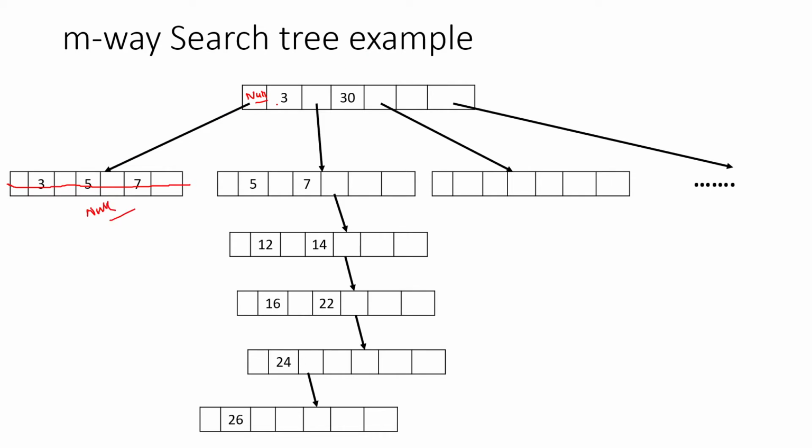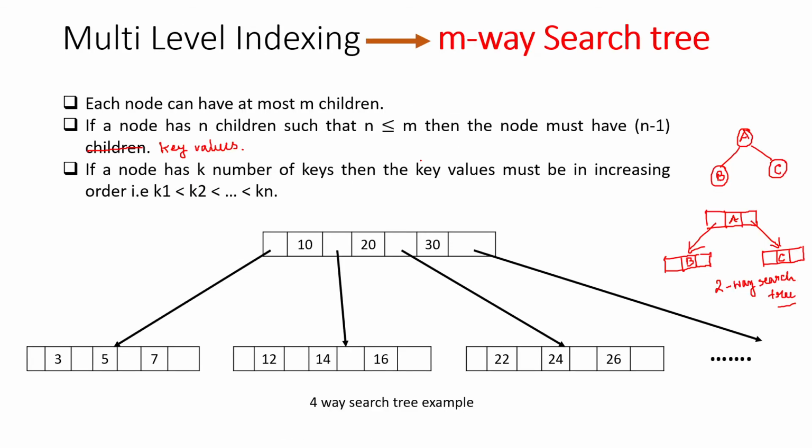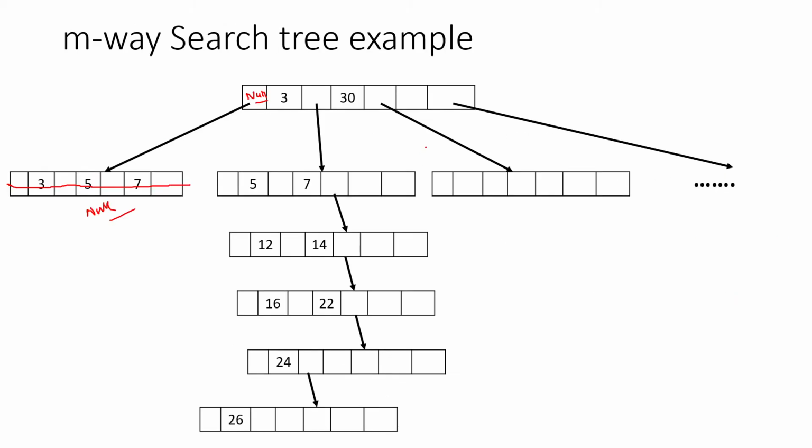So 3, then 5, 7, now something on the right side, 12, right, so 7, then 12, 14, 16, 22, 24, 26, then 30. You see, the same number of data is there. Now since there is no guideline about the minimum number of key values in this tree, this particular strategy is also correct. You cannot deny that this is a MOS search tree. It is also a MOS search tree